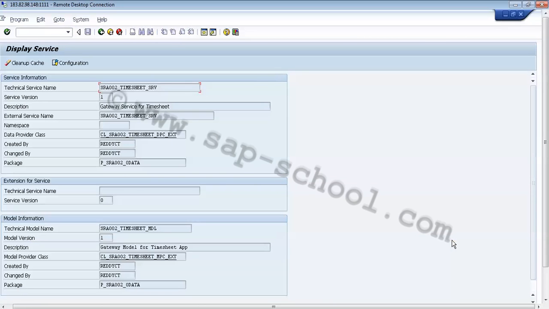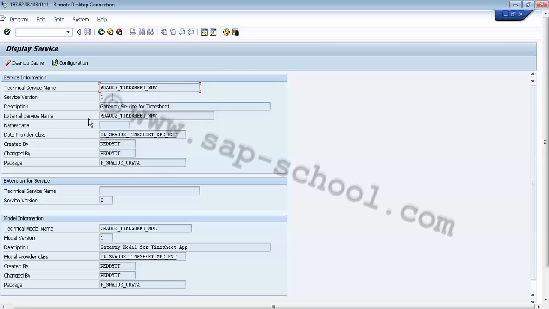In the service implementation area, we can see different things, like what my data provider class is, and what my package name is. After that we can see the model provider class. Similarly, we can check the DPC and the MPC classes. The EXT means that these are the extended classes, the extension classes.